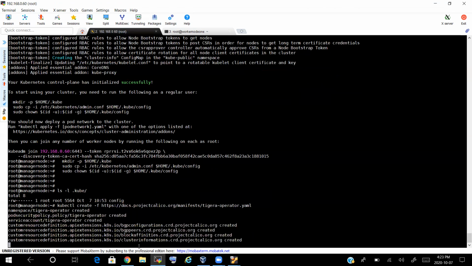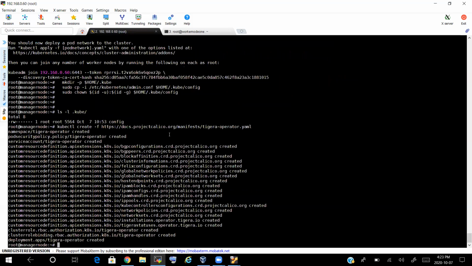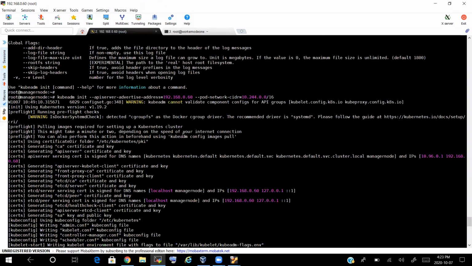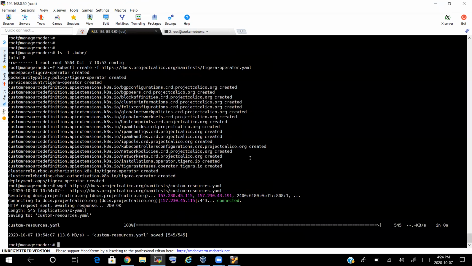Okay, once that is done, after that, there is a second YAML file which you need to install. Without installing it, just download it, and we have to do some modification. Why? Because here we have used a different subnet mask for our pod networking. So in order to justify that, we have to update this YAML file before deploying it.